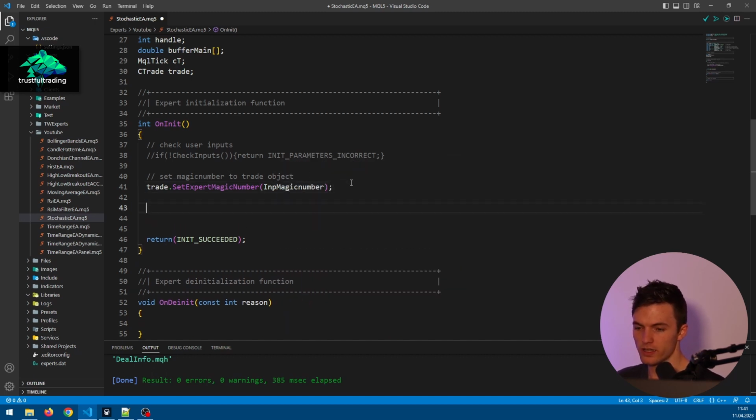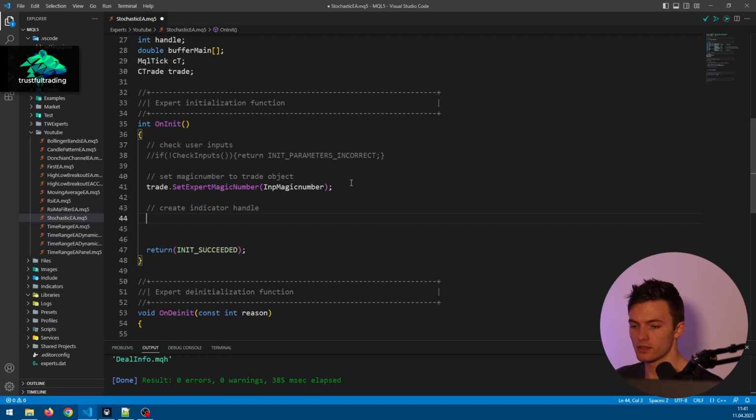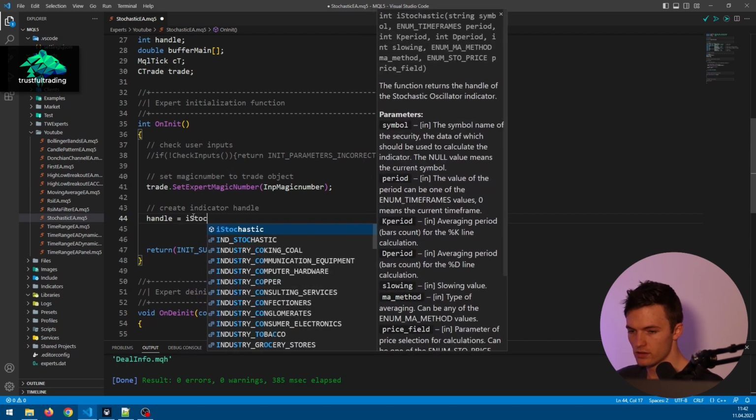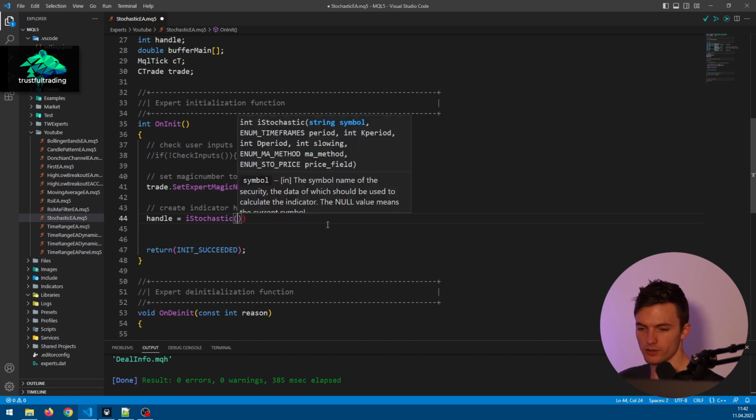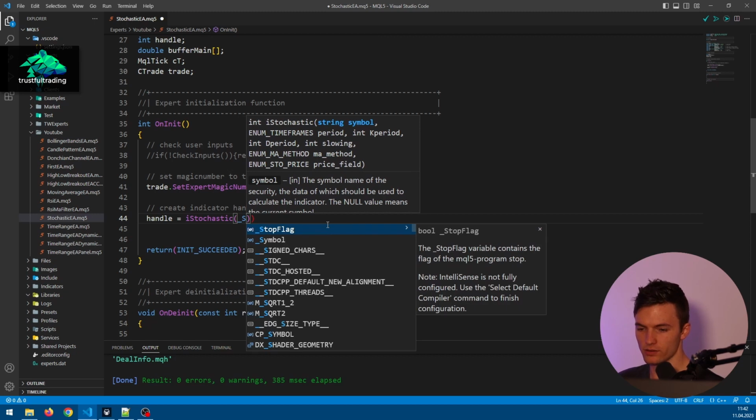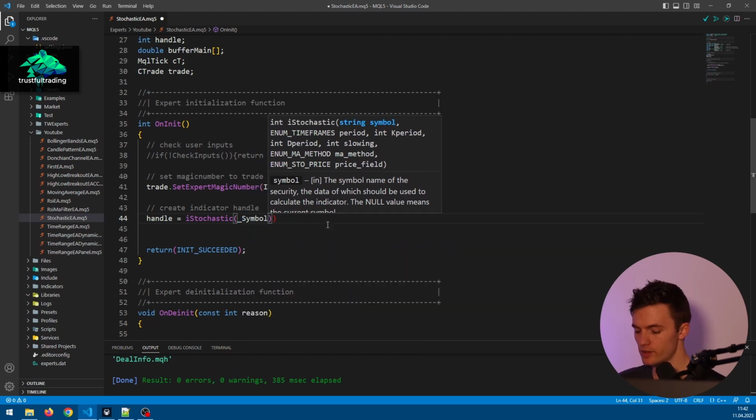Okay, next step is to create the indicator handle in the onInit. So we also write a comment, create indicator handle, and we just use our global variable handle and set this to the function iStochastic. This is a predefined function from MetaTrader we can use, so we don't have to write a custom stochastic indicator. And the first parameter is the symbol, so we can just type _Symbol for the current symbol,